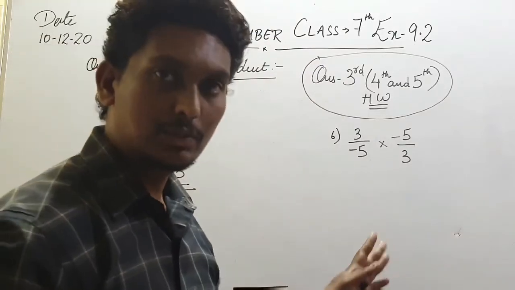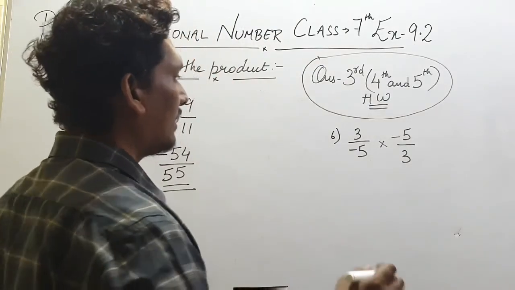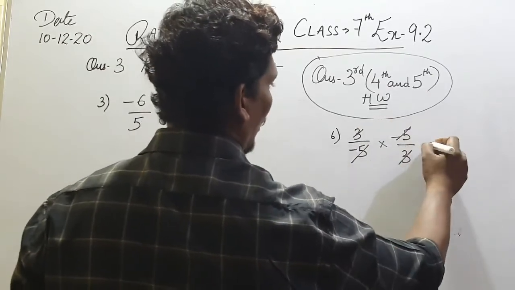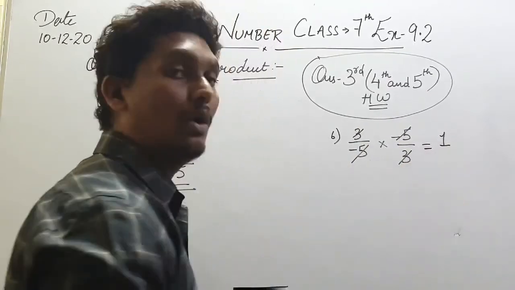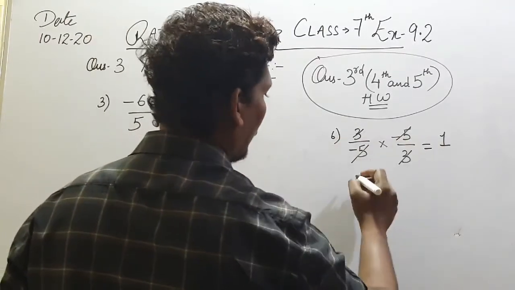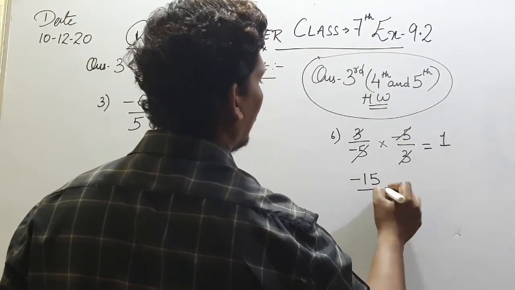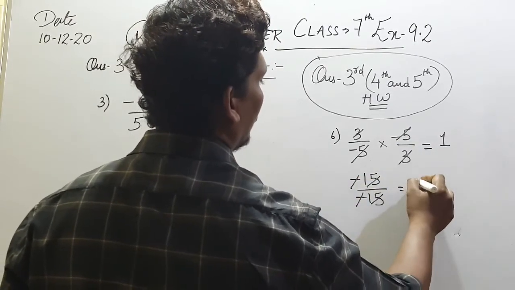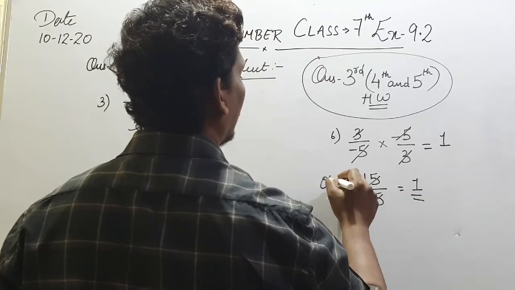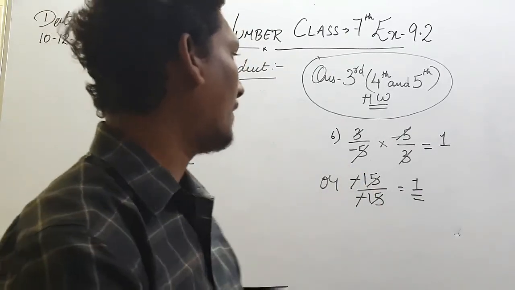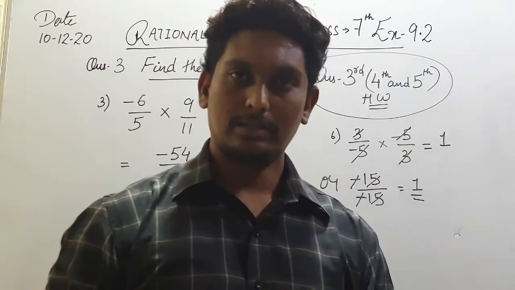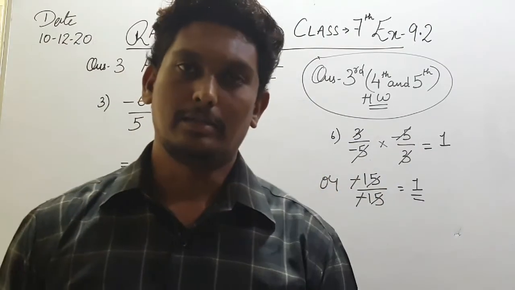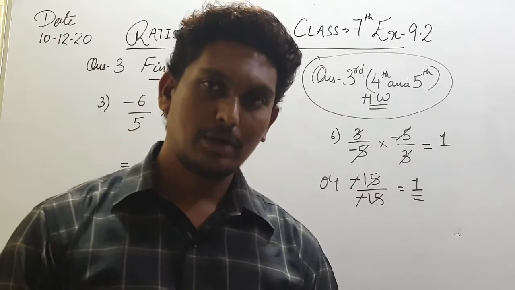We are going to do the 6th one. In the 6th one, you can cancel directly also, or you can write 1. Or if you want to multiply, so minus 15 minus 15, cancel this, you will get 1. Okay, either you directly cut and write the answer, or just multiply and cut it and write the answer. Okay, hope it is clear to you.